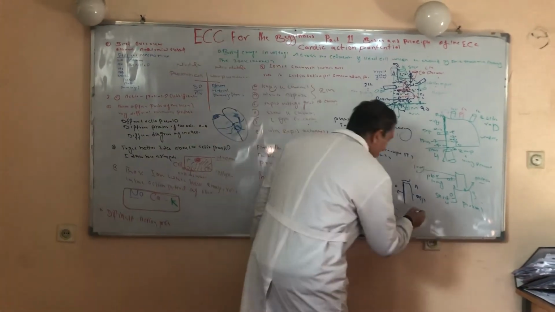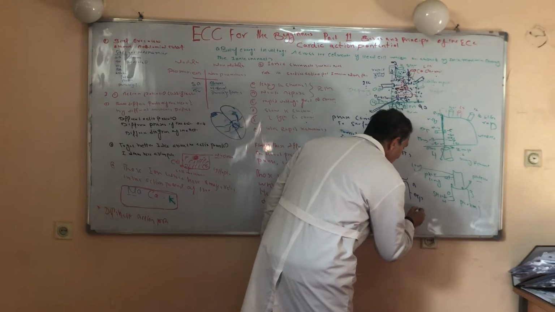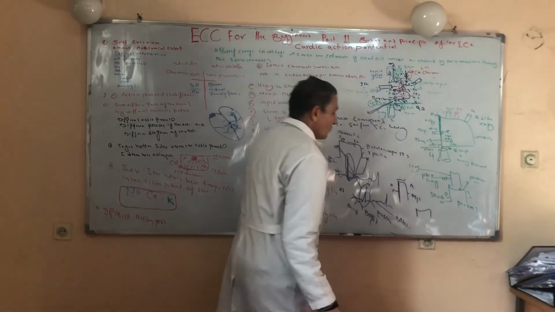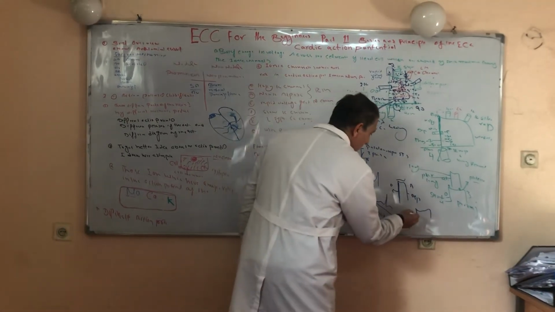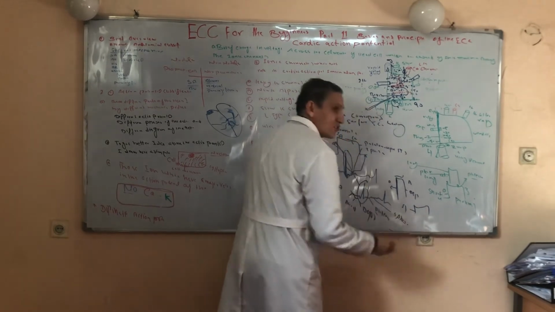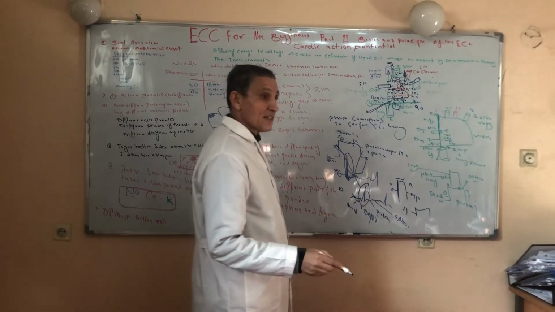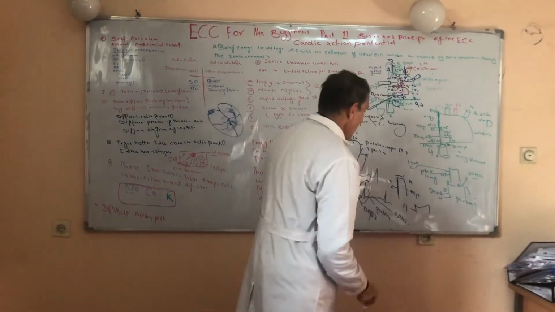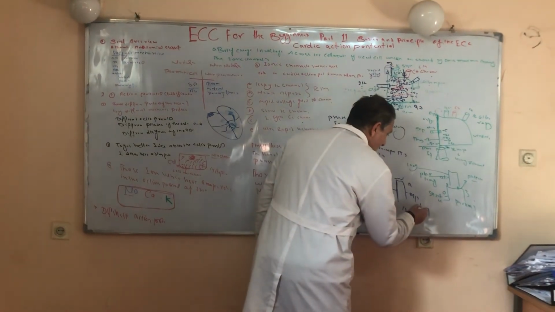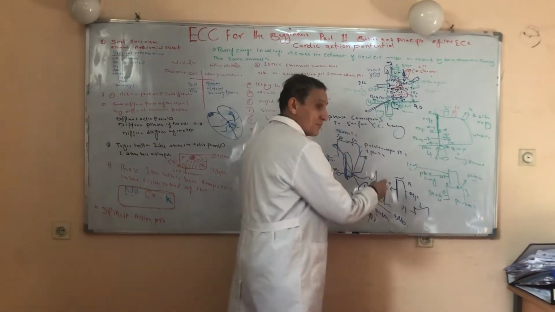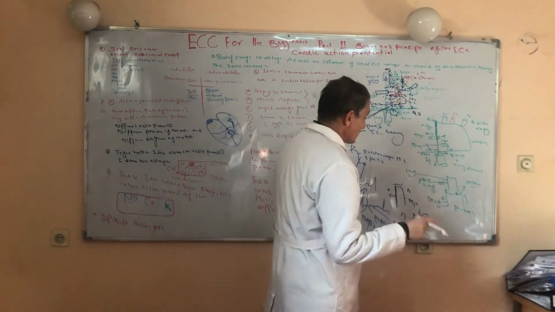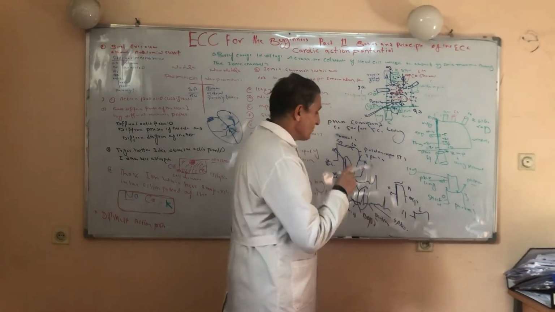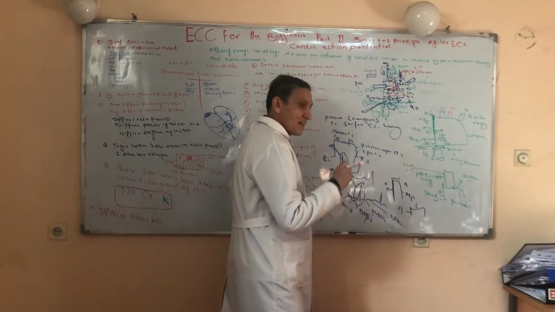And this was about the action potential of the Purkinje fiber. What is the difference? This phase is much shorter. Why is it shortened? Because the Purkinje fiber conducts the electrical impulse rapidly. Why is the plateau phase of this action potential longer? Because the calcium is coming in, and this calcium takes time to first stimulate the endoplasmic reticulum. After that, the calcium is released.